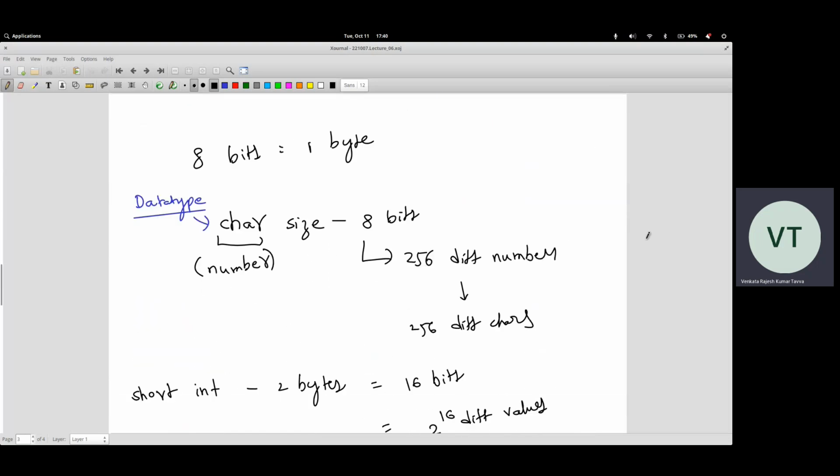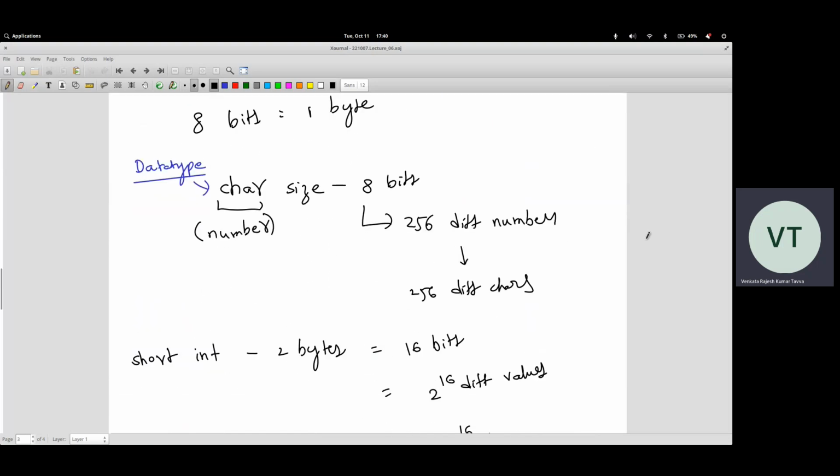These are some examples which we discussed yesterday, and then we discussed data types. We first looked at char. Char is basically an integer data type only, because it stores numbers at the end. It stores numbers from 0 to